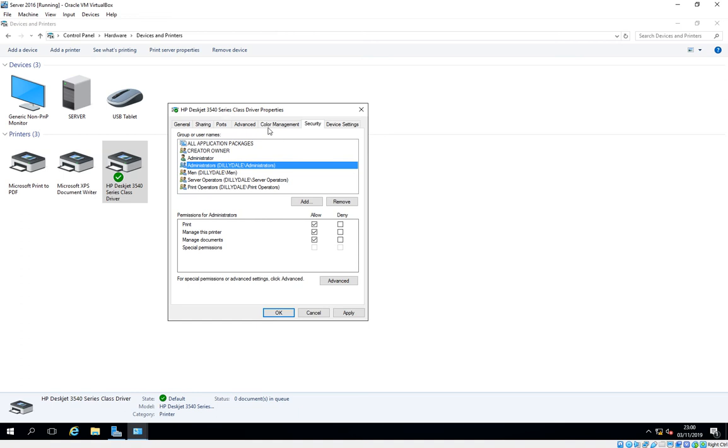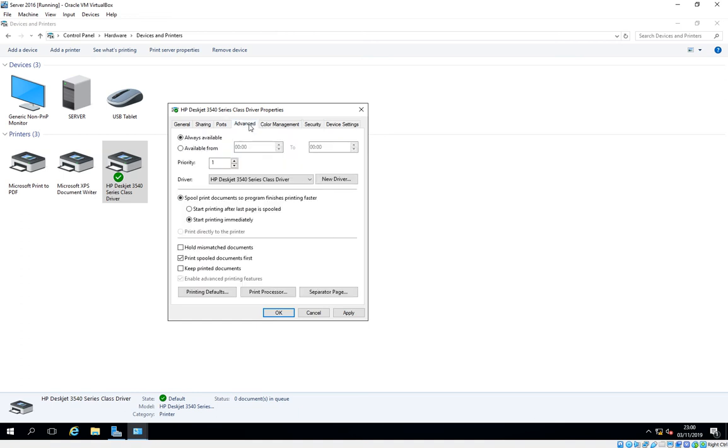We're going to go across to this Advanced tab, and we're going to change the priority, and what we're going to do is put that priority quite high, around about 34, and that actually gives them a lower priority. So if anybody comes along with a higher priority, they will jump the queue there. So we'll say OK to that,